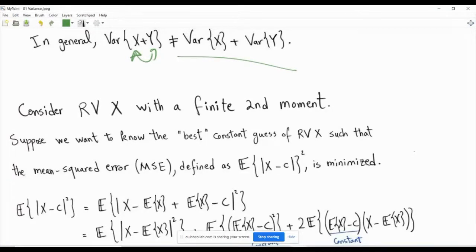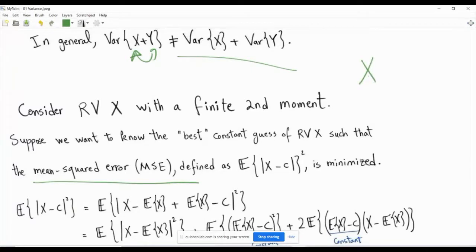Now, when you guess something, there is an error. And you can define this error in a number of ways. Actually, you can define it in an infinite number of ways. Here we will define the error in the mean squared error sense, MSE, which is very famous and widely used. The advantage of using mean squared error in applications is that it is much more tractable than any other form of error. So here is the story. You want to guess random variable x.